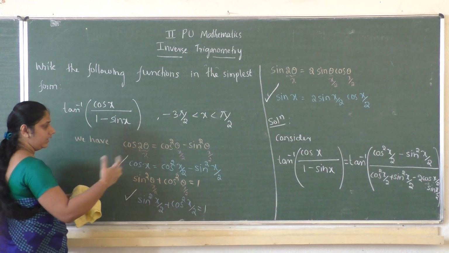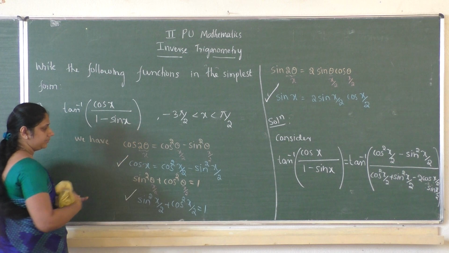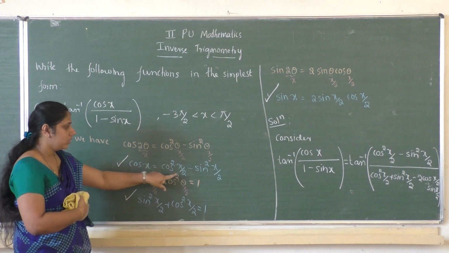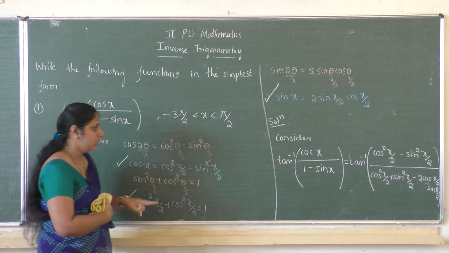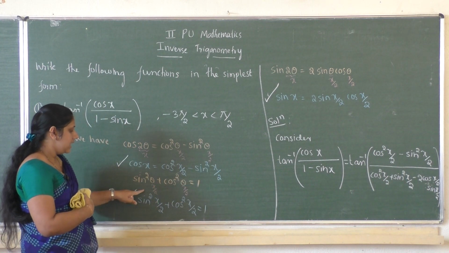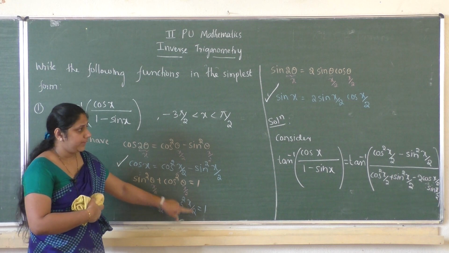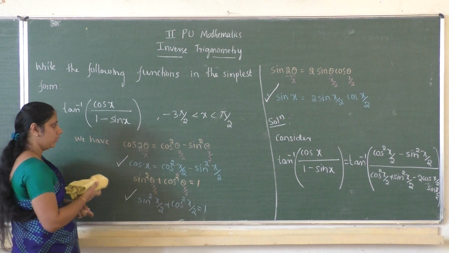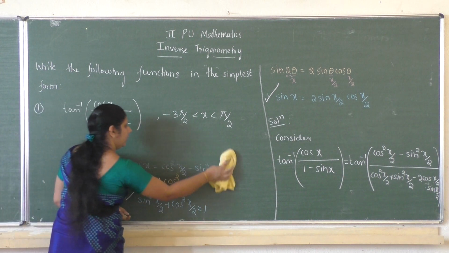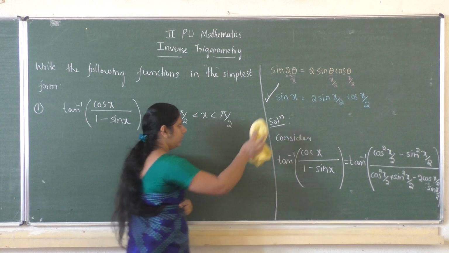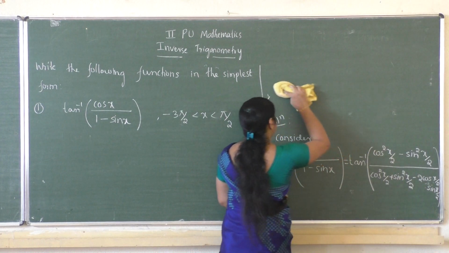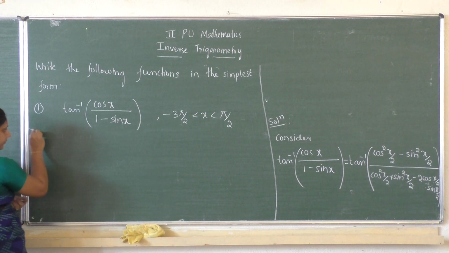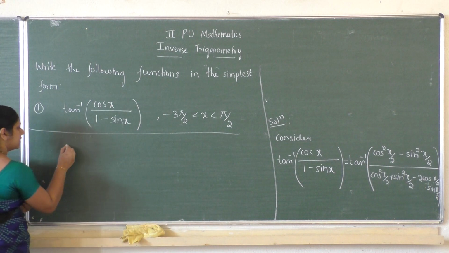So, on the left side you write these three formulas as the reason. First one, cos x equal to cos square x by 2 minus sin square x by 2, and 1 can be written as sin square x by 2 plus cos square x by 2. Similarly, sin x can be written as 2 sin x by 2 cos x by 2. Just write those formulas, or at the starting you can take the formulas. So now, which is equal to,